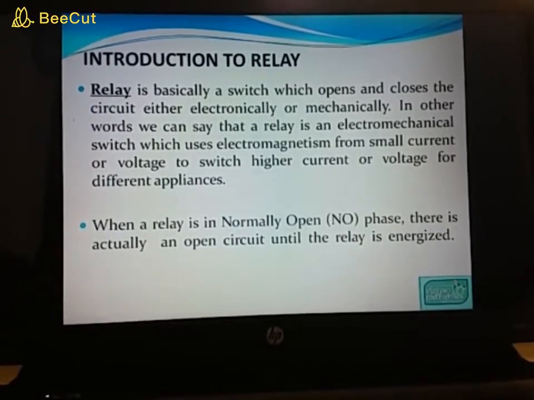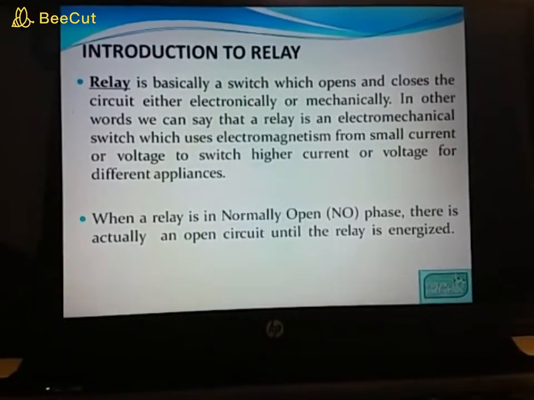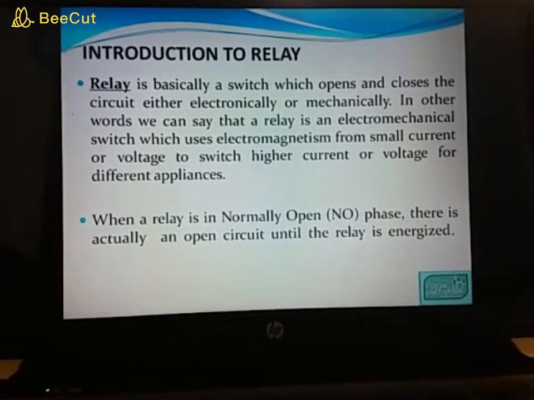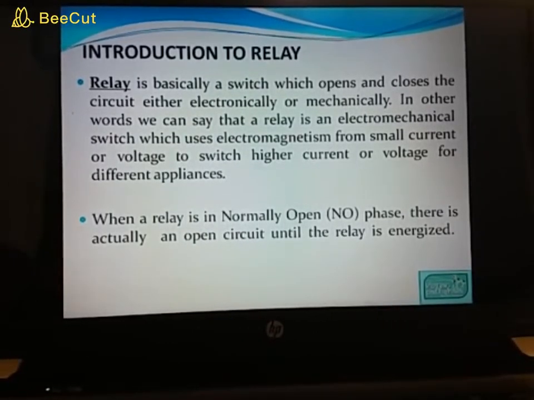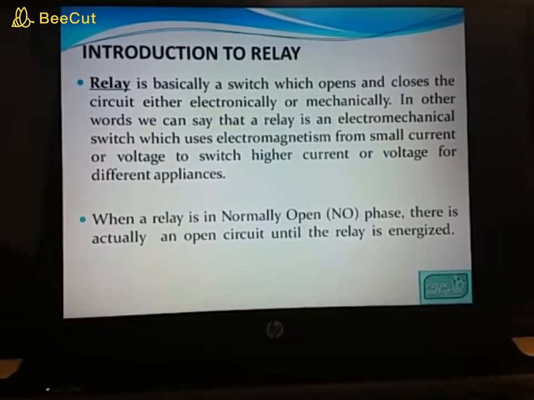The question arises, what is relay? Friends, it is a switch which opens or closes a circuit either electronically or mechanically. In other words, relay is an electromechanical switch.